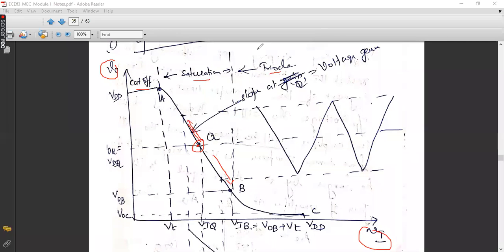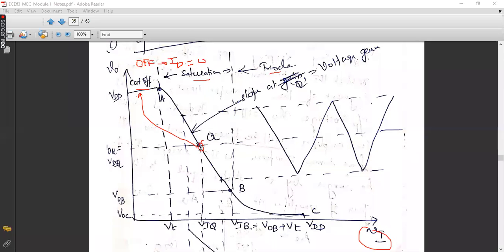Now, today we are studying how this MOSFET is working as a switch. For that, we have two regions. One is cutoff and another one is the saturation region towards the point B as indicated. Whenever I'm biasing this Q point in the cutoff region, then you can tell that this MOSFET is working as an off switch. Off switch means current conduction will not take place, or the overall drain current passing through the MOSFET is zero. That is ID is equal to zero. So this is a speciality of the cutoff region.